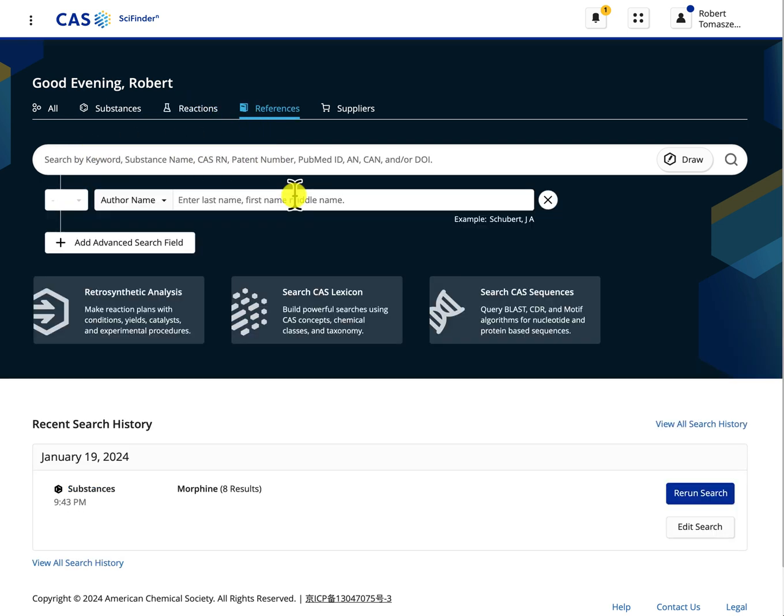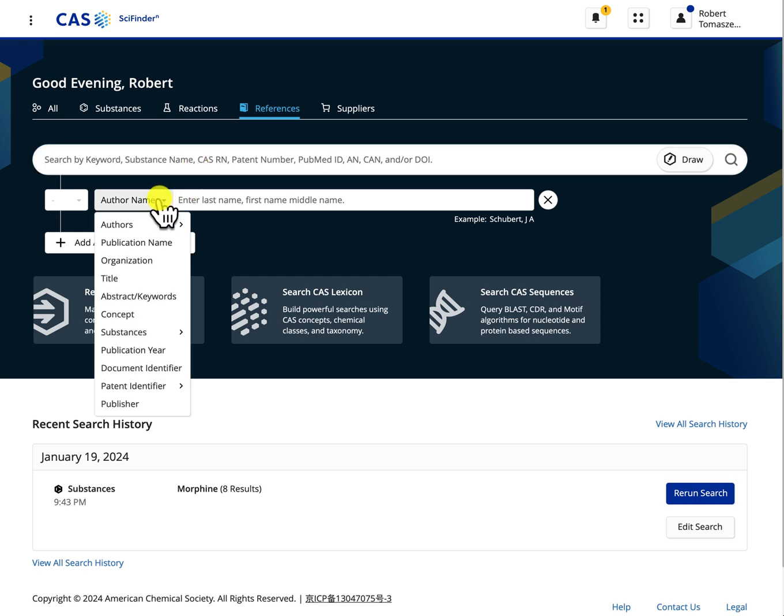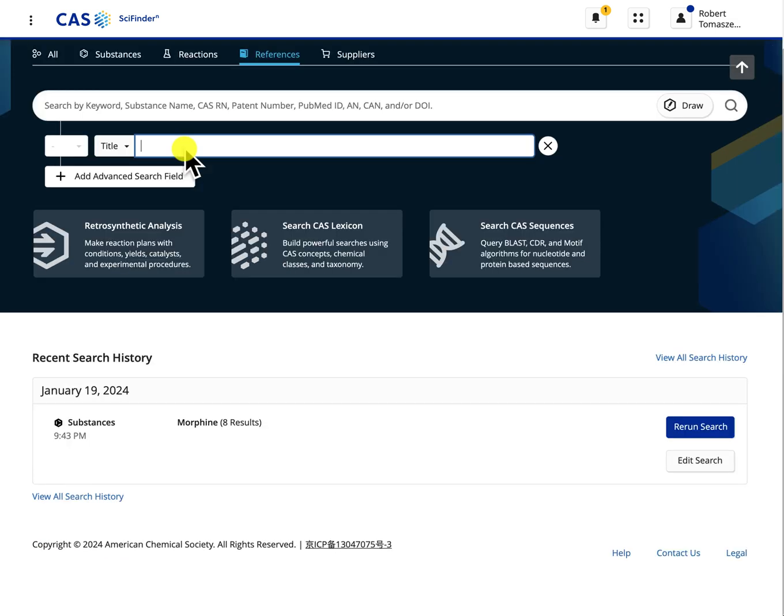If you click on references, this is where the database searches for the literature on a keyword or keywords. So here I can select, maybe type in morphine, or I can go to this search box and refine my search by different parameters here, like the title. For instance, I'll be searching for morphine and synthesis. So I want these keywords to appear in the titles of all the documents. Click on the search button,